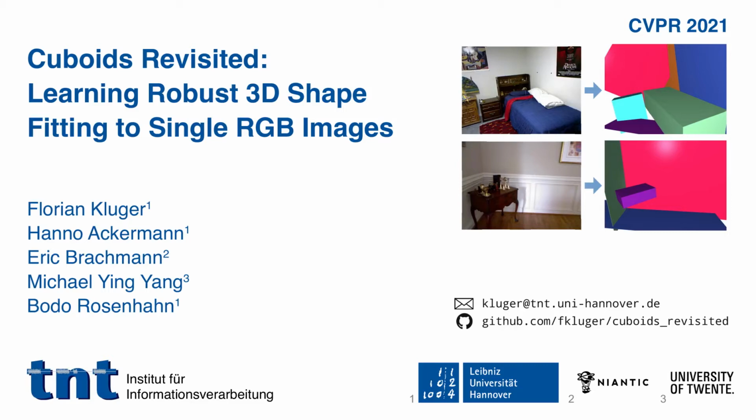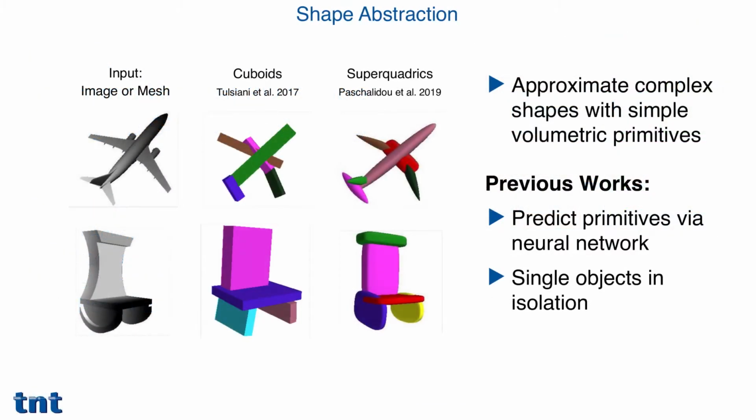My name is Florian Kluger, and today I will present to you Cuboids Revisited: Learning Robust 3D Shape Fitting to Single RGB Images. The goal of 3D shape abstraction is to represent an object with relatively few volumetric primitives, such as